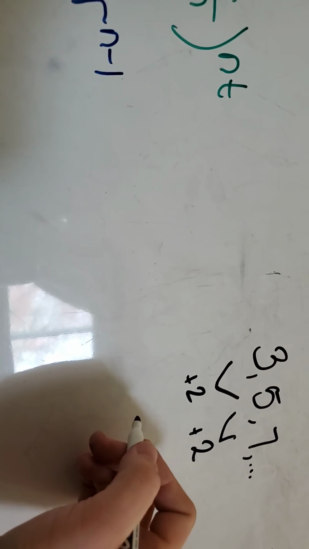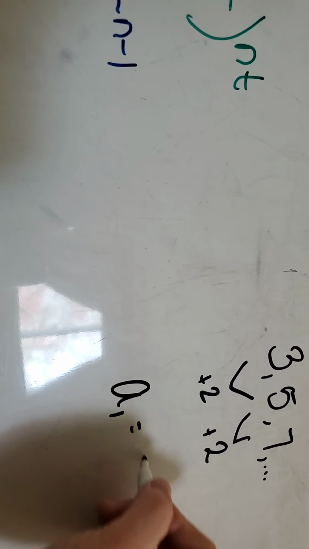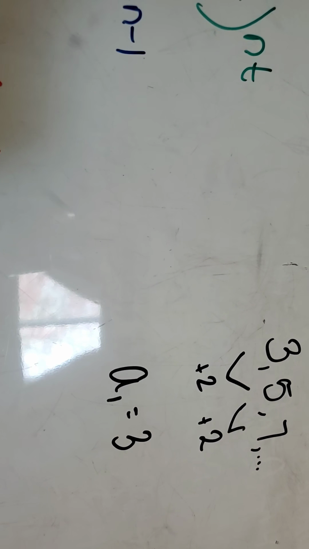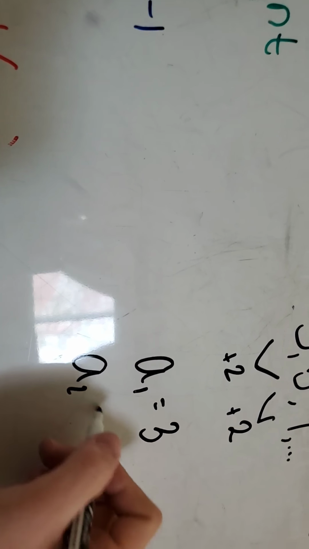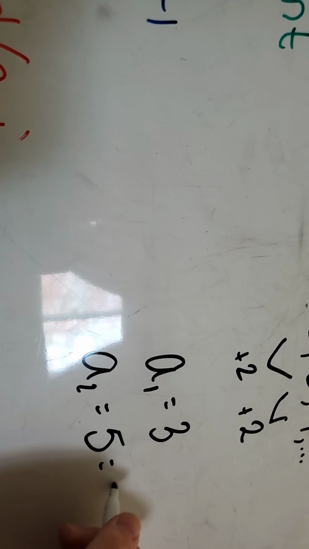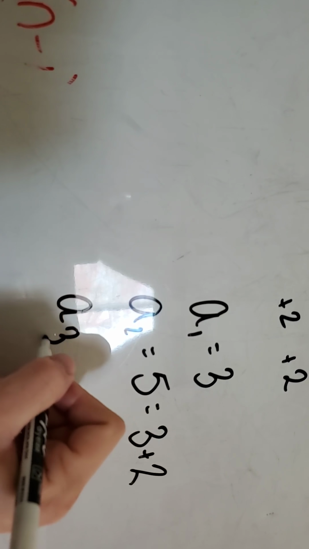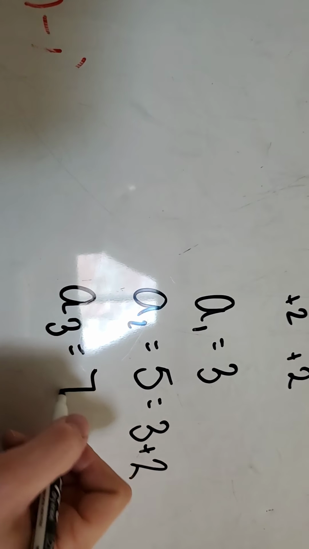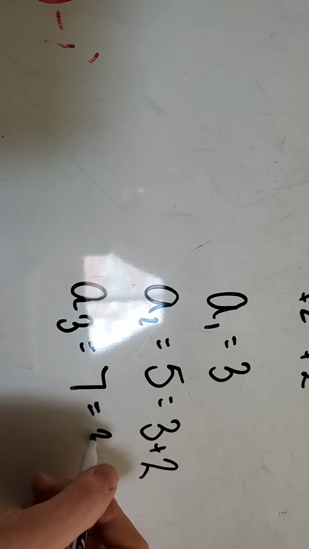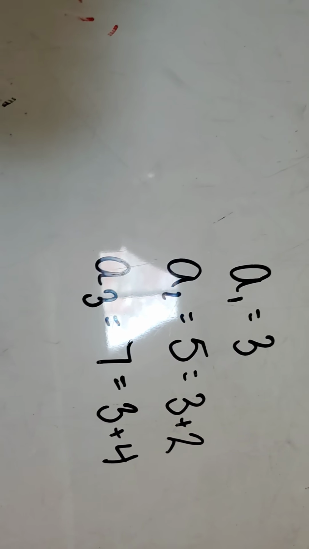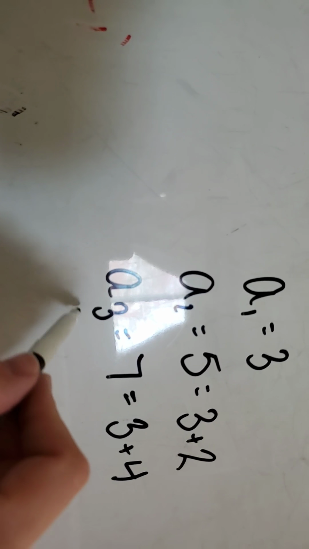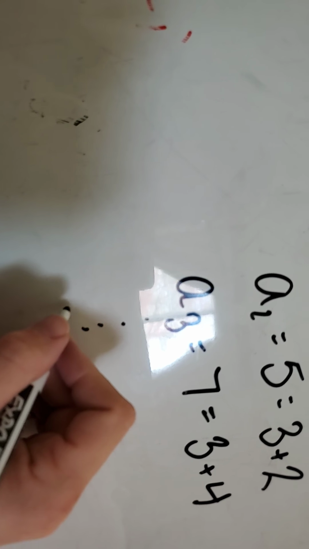Okay, so the first term, A1, is 3. The second term, A2, is 5, in other words, 3 plus 2. The third term, A3, is 7, in other words, 3 plus 4. All right, do you see where I'm going? So if I wanted to go on and on and on to AN,